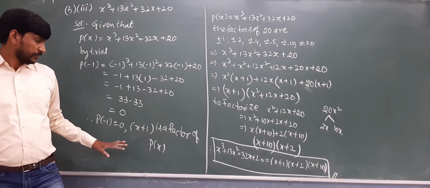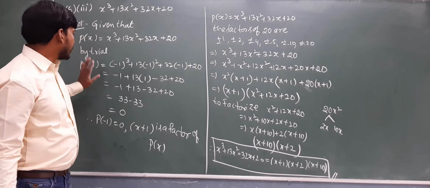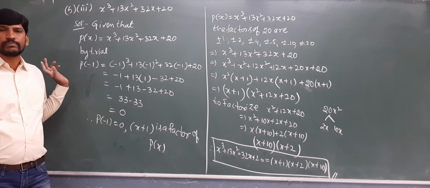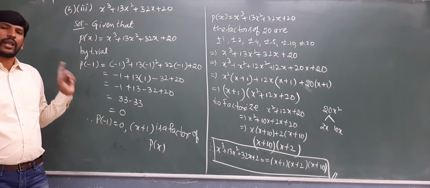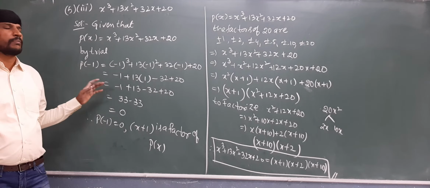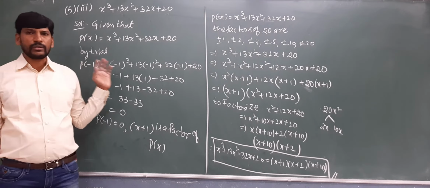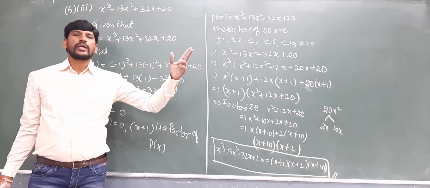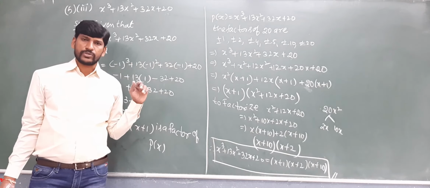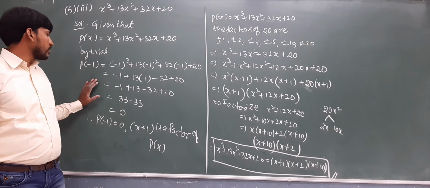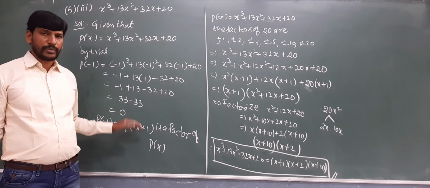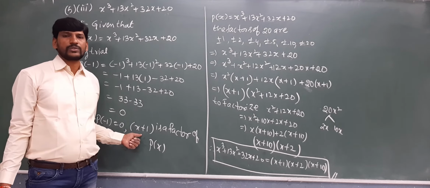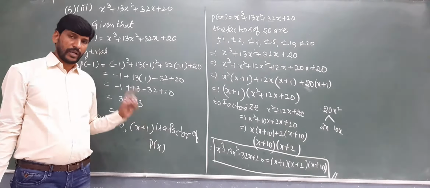Right? So here, first of all, you have to do the trial method. Either substitute x equal to 1 or x equal to minus 1. Out of these two values, at most one will be satisfied. If it is not possible for x equal to 1 or x equal to minus 1, just go through the next ones, that is x equal to 2 or x equal to minus 2. Okay? Now see this problem. I got x plus 1, that means x equal to minus 1 is satisfied. Therefore p of minus 1 equals 0. Therefore x plus 1 is a factor of p of x, one of the factors.